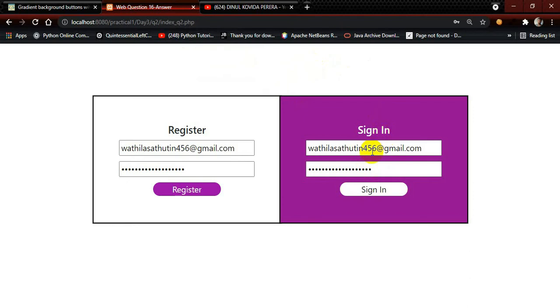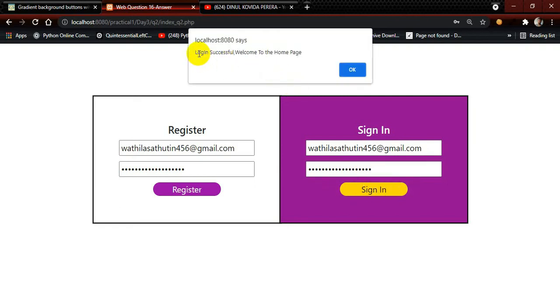So I may have done something wrong with the password. Okay, let's try that one more time. Once I clicked it, it says login successful, welcome to the home page.